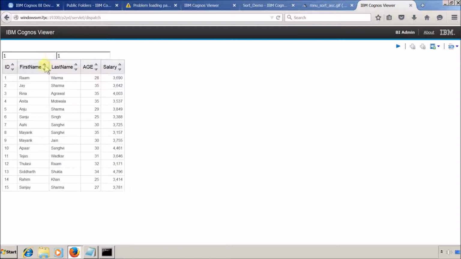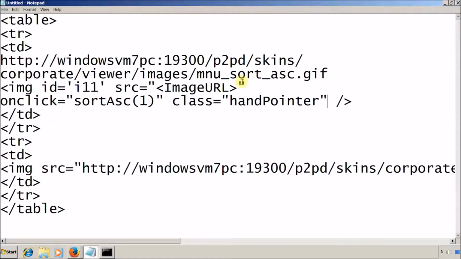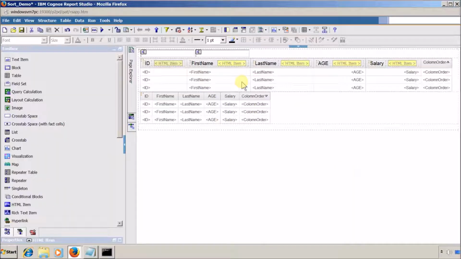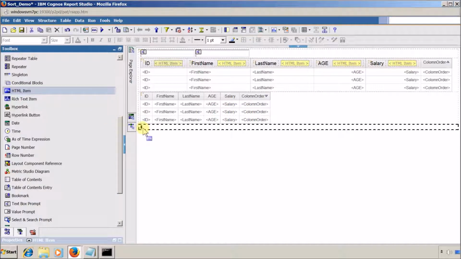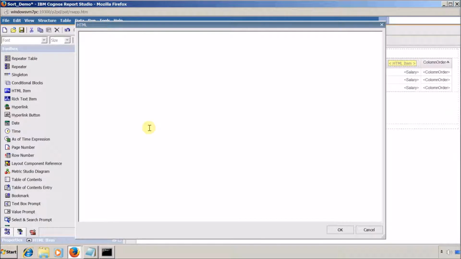So for all images right now you are able to see a mouse cursor, but we need to change it, and this change is this class. Right now we didn't define this class, that's why we are not able to see the change. So let me first go in my report, and I'm going to add a new HTML item. I'm going to place this HTML item in the last of my report, and then inside this I'm going to define a